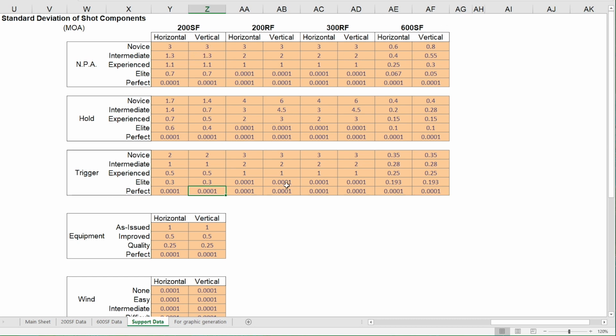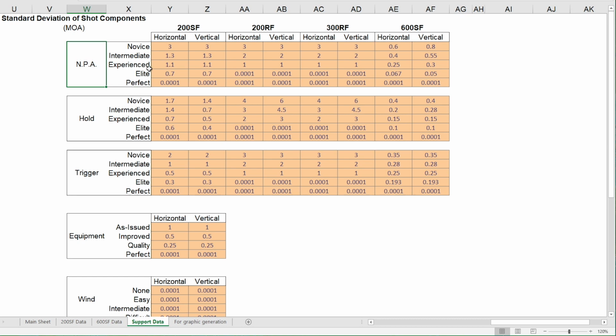We'll ignore the 200 rapid fire, 300 yard rapid fire, and 600 slow fire for right now because I don't have those in this spreadsheet yet. What I do have in here is standing and 200 yard slow fire. For each stage, there's horizontal variation and vertical variation. So for example, natural point of aim,